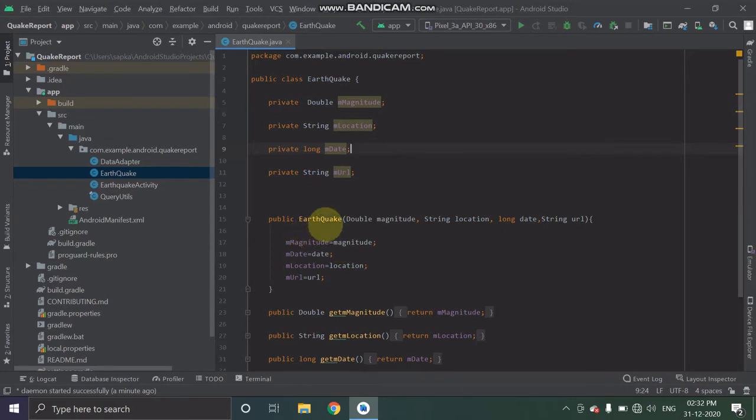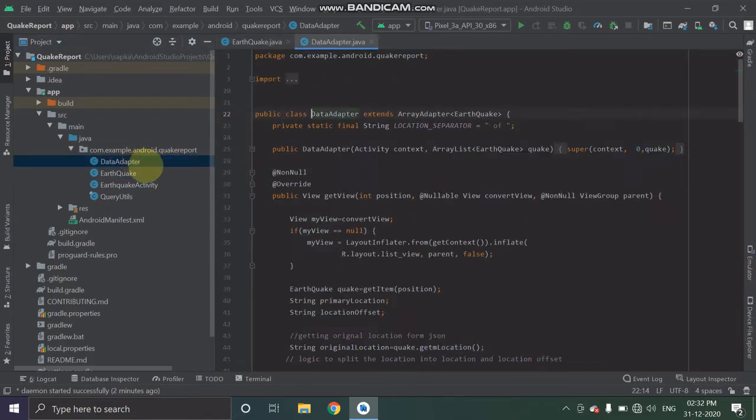So the next class is data adapter, and this class is responsible for fetching and displaying the list of earthquakes in the list view. As you can see, the data adapter class extends the array adapter class. Because array adapter can display only one text block, but we want to display different types of information.